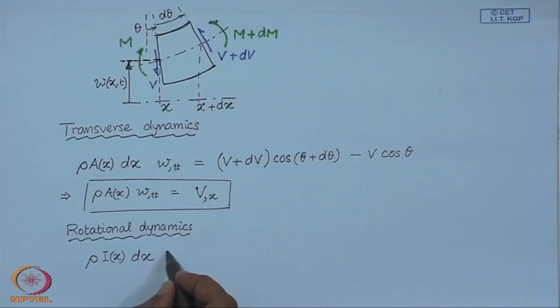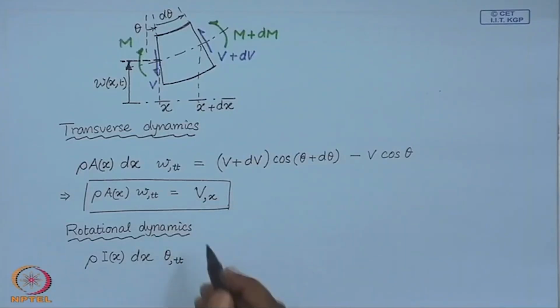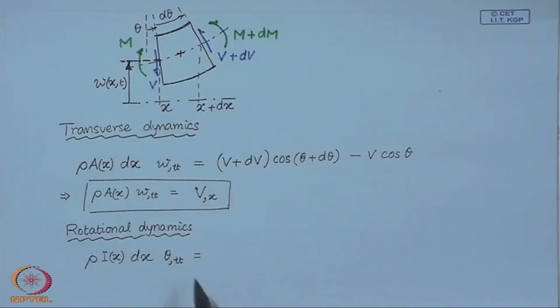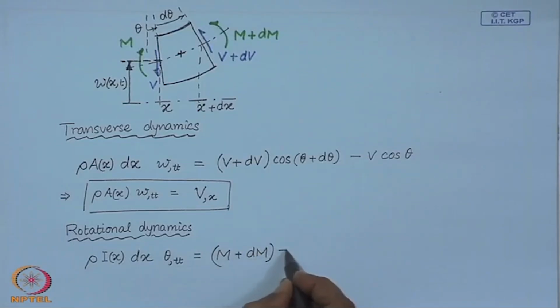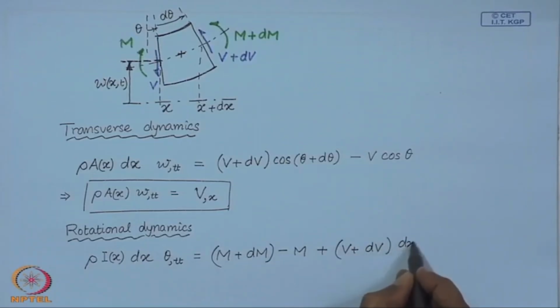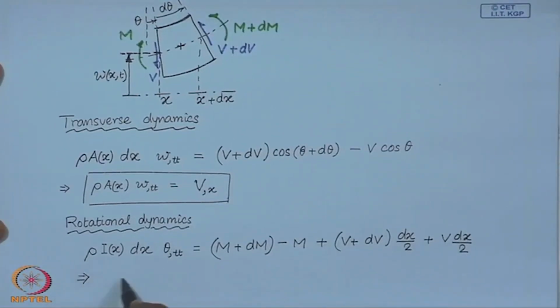So, this angular acceleration can be written as the double time derivative of this angle theta of the element, and this must be equal to the sum of all moments about the center of mass of the element. We are writing this rotational dynamics about the center of mass. So, that turns out to be, so this implies, upon dividing throughout by dx,